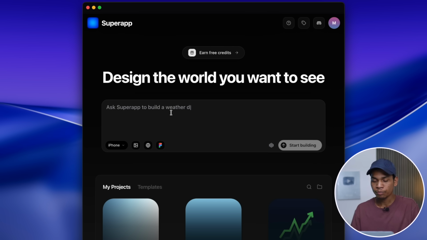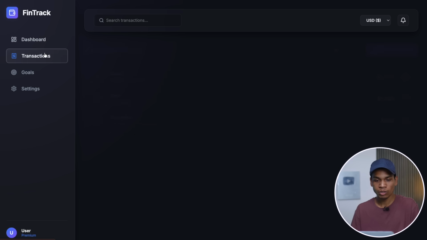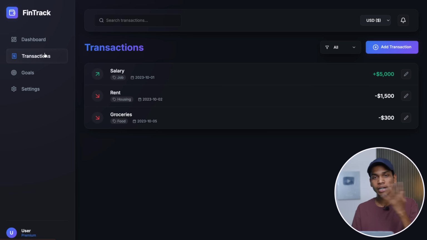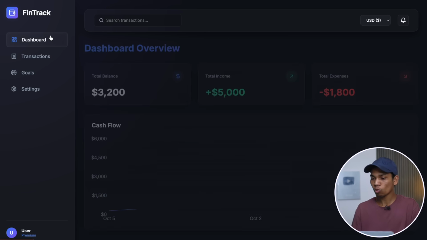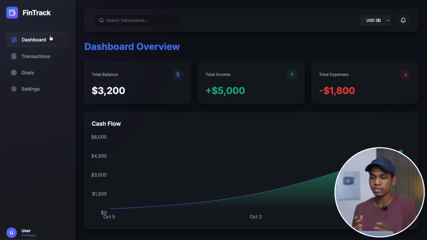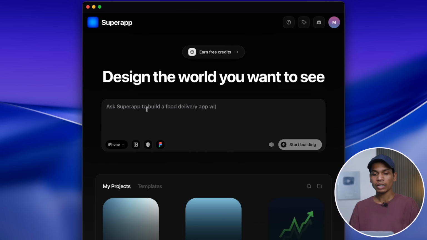Here you get a prompt area where you can just type whatever type of app you want and what features it should have. You have to just type here. And today I am going to build an app which will be a finance tracker, basically an expense tracker app, which will be inspired from my website, which is this. Whatever features it has, the app should also have these features, like there should be options for adding transaction, there should be option for goals, and there should be also a dashboard where whatever my financial health is there, it will be shown. So what I will do, I will first of all type here,